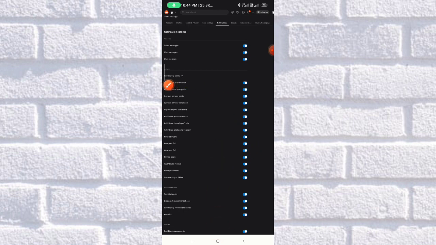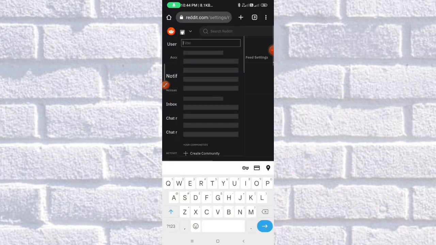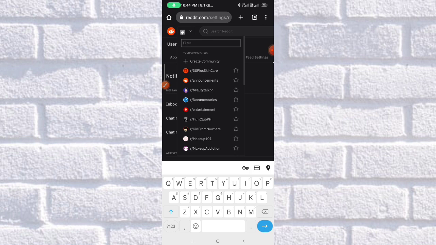Alright, so it's already turned on, so we are going to check how to use this Flair on your username, how to add Flair in your username. So you need to head on to the left side corner, your profile in there, then just choose a community that you want to go in with. So I'm going to choose this one, the R Beauty Talk. Oh, sorry, it's this one,